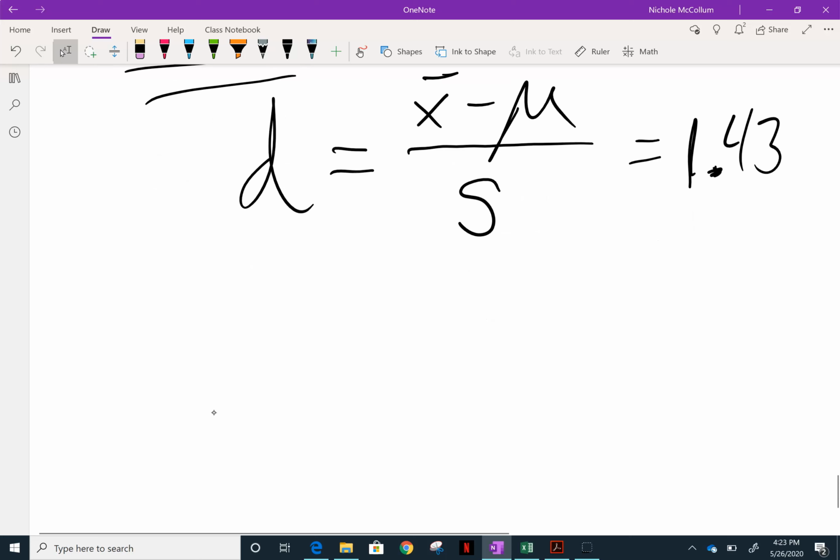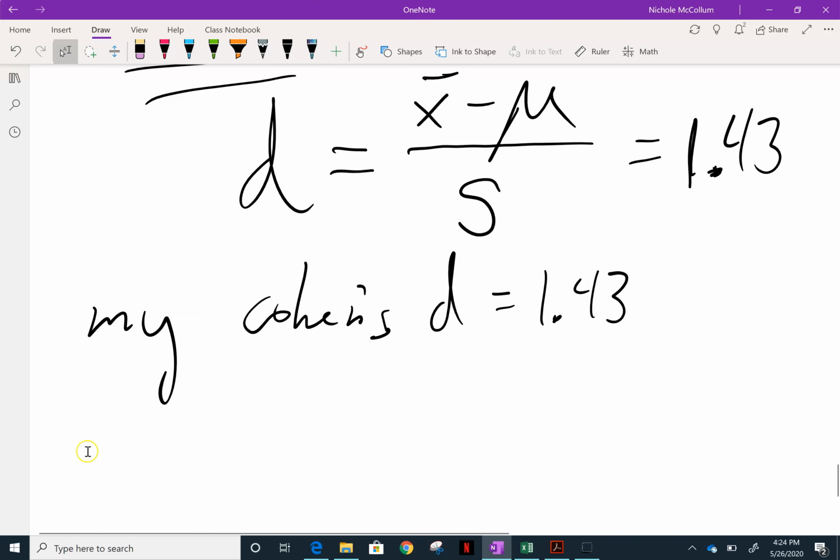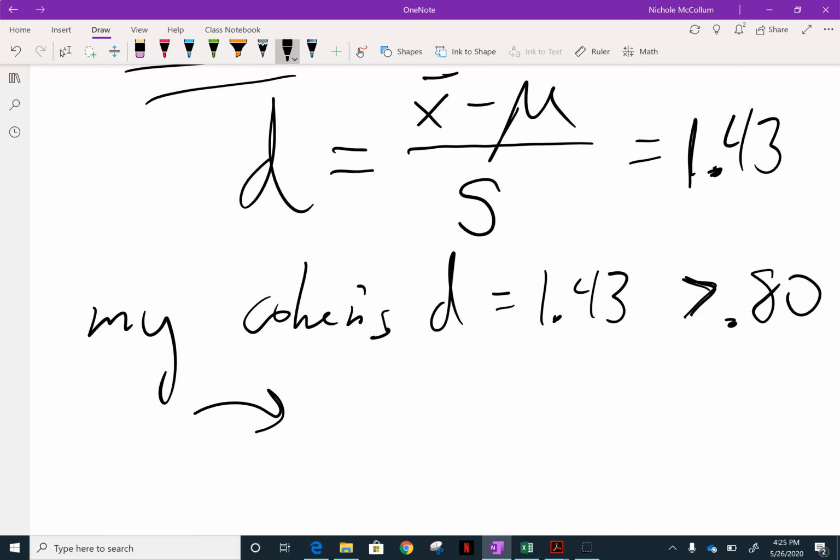My Cohen's d here is 1.43. The typical barrier we look for is roughly 0.8. If you're over 0.8, what we get to state is sample size